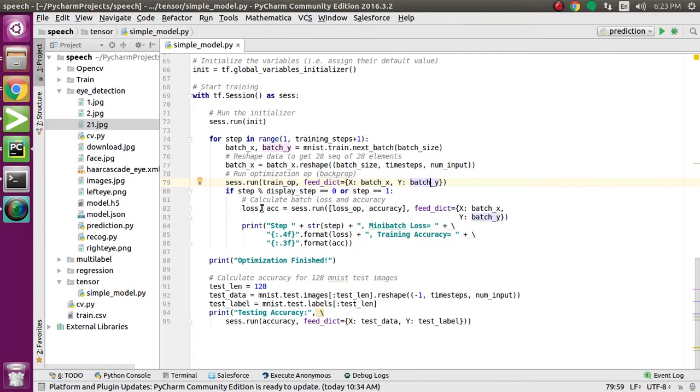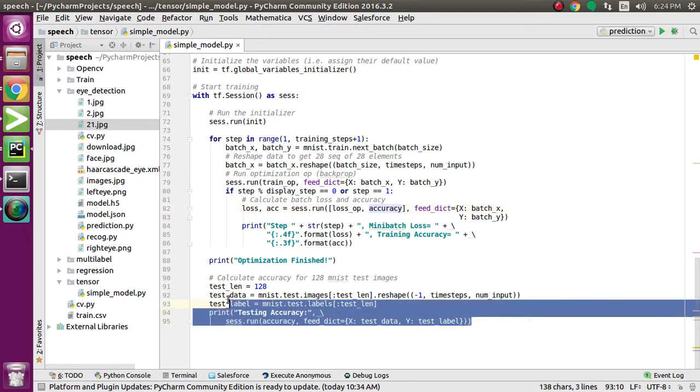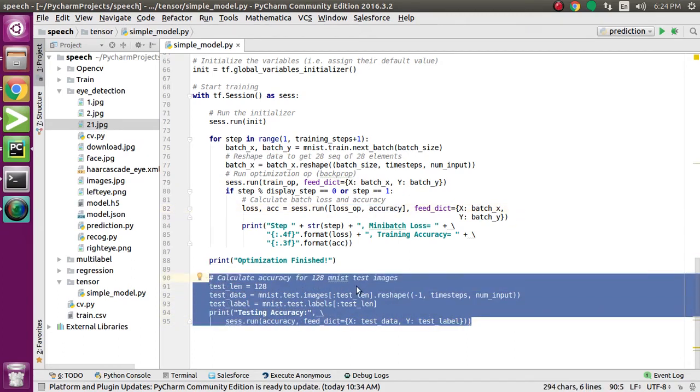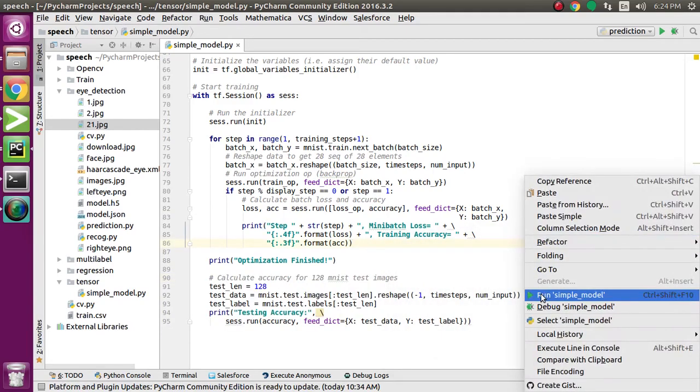And after that, conditions, where I am passing my accuracy and loss function with the dictionary in x and y. After that I am also testing with my MNIST dataset images. Now I am going to run this script.